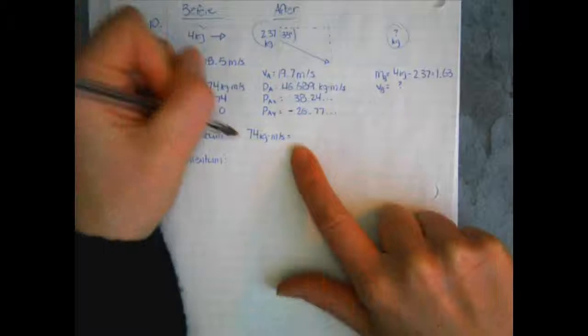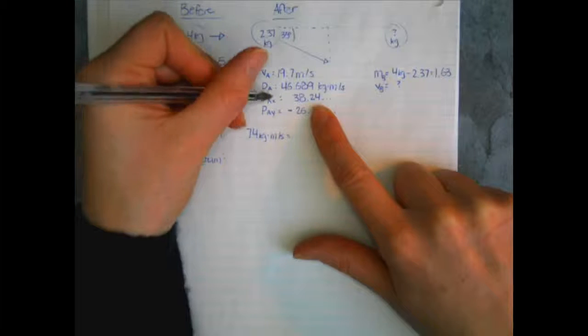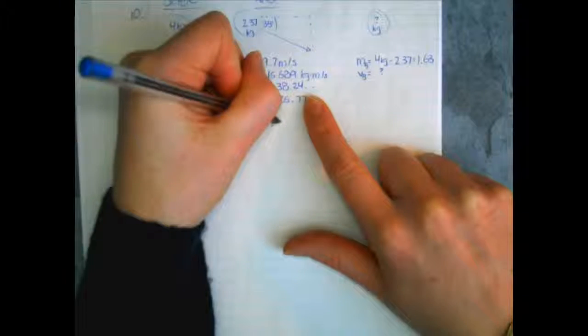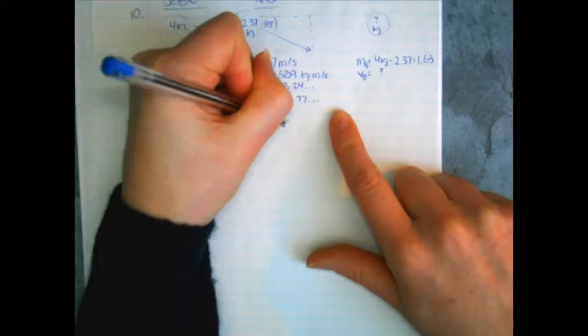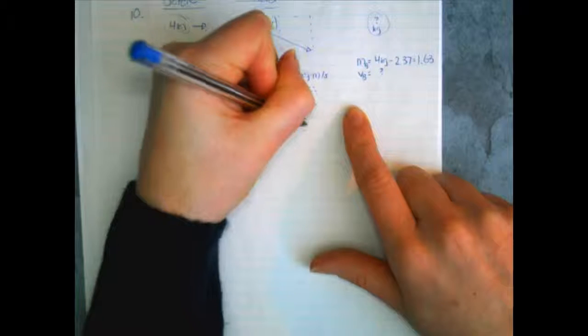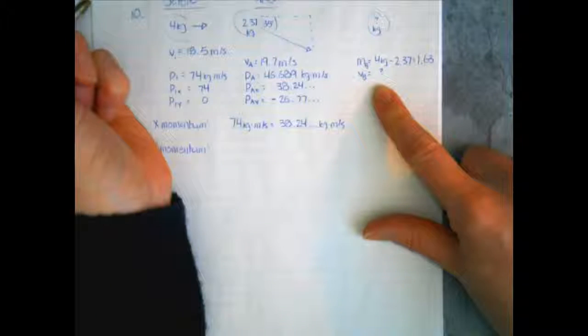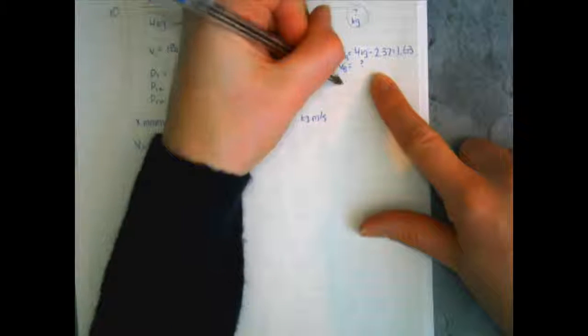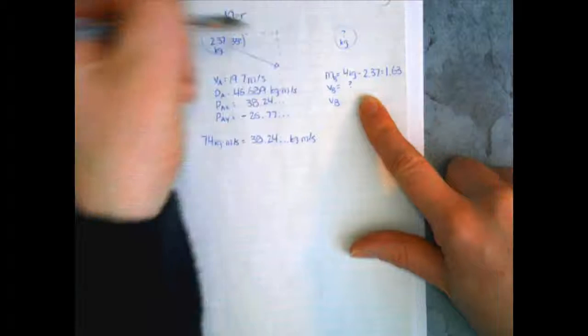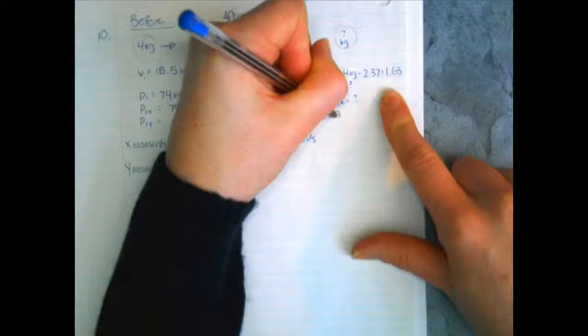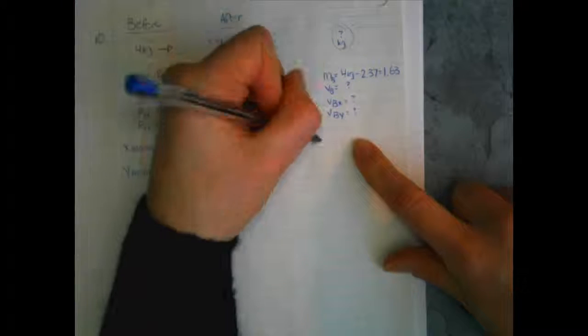And it's going to be equal to our x afterwards, which is 38.24 kg meters per second, plus the unknown component here, because we have a vbx and a vby. Okay, so it's going to be plus